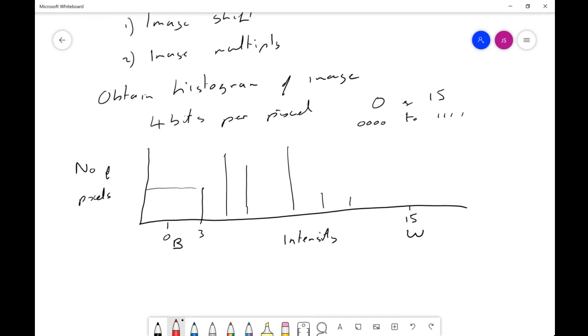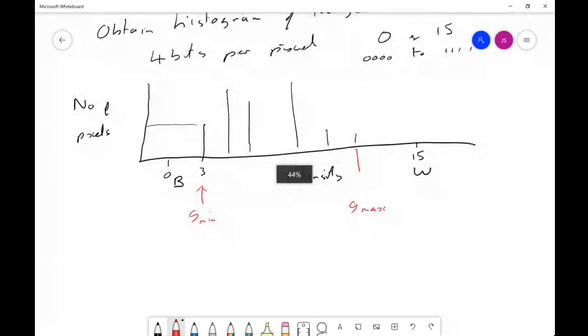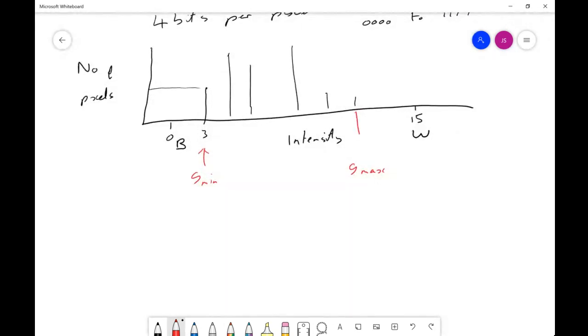But let's stick to gray level images, and the minimum pixel value is Gmin. The maximum pixel value is Gmax. And by a process of shifting that histogram, the first step is a shift G